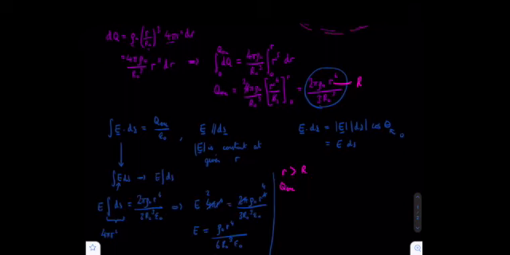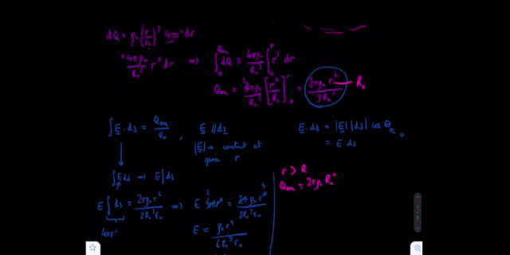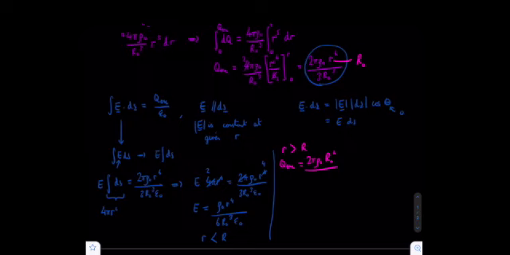So this can simplify to 2 pi rho naught big R to the 6, big R naught to the 6, my bad, R naught is the radius of the sphere, over 3 r naught to the power of 3. And we can cancel these out, and we get 2 pi rho naught r naught to the power of 3